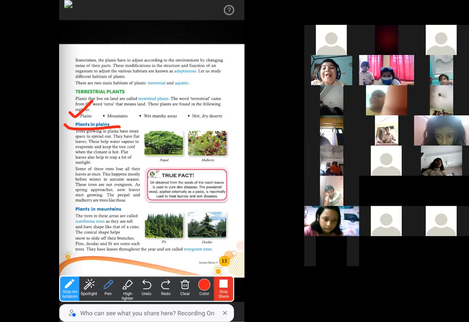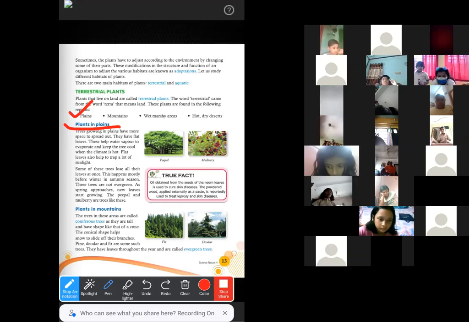So the plants that live in the plains are of two types. One type is evergreen trees. Evergreen trees means throughout the year they never shed their leaves. And some trees shed all their leaves before winter, in the autumn season.